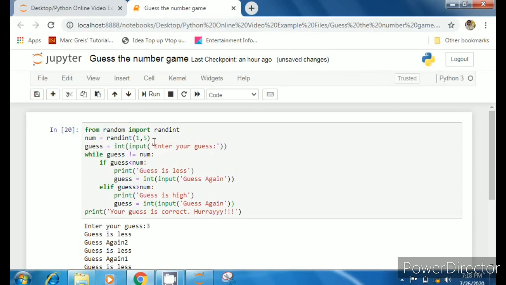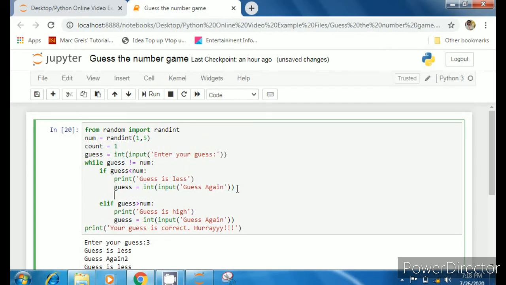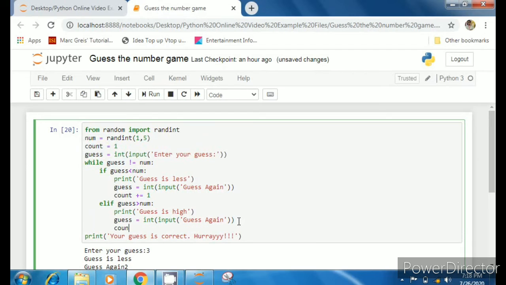Now we can also check how many attempts, how many chances it took to guess the correct number. So I'm writing count equal to 1. I'm taking a variable count, and every time the count value will be incremented if the guess again condition is encountered.